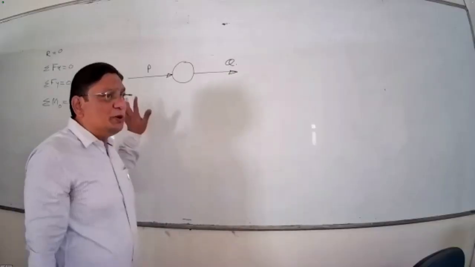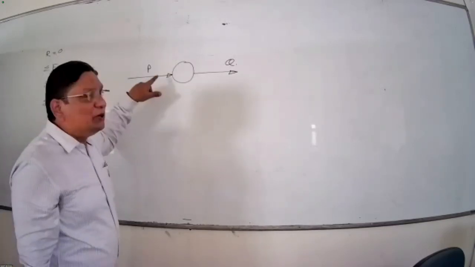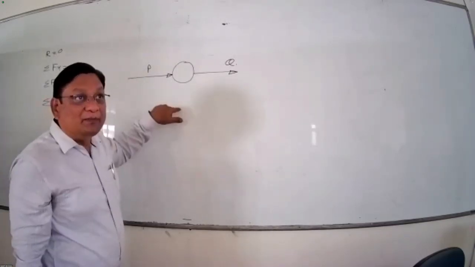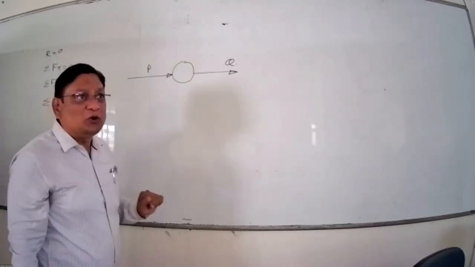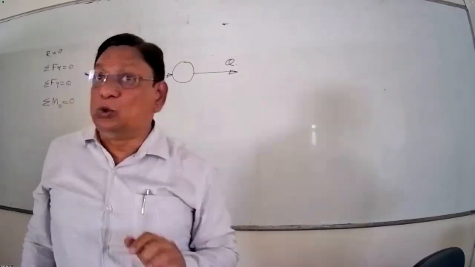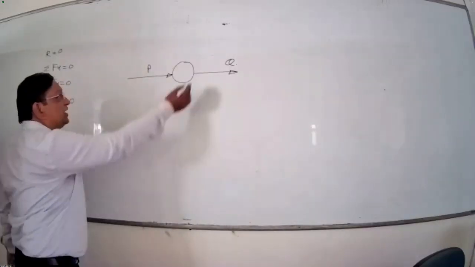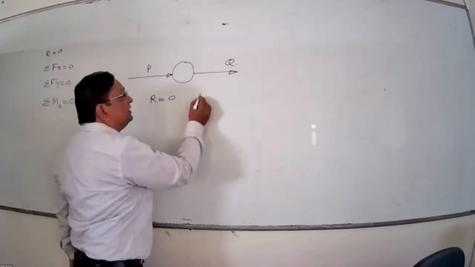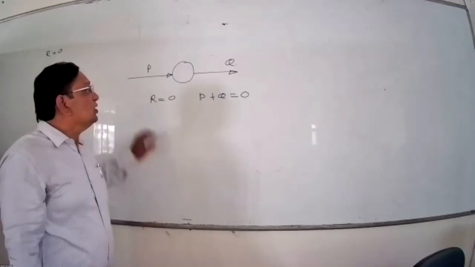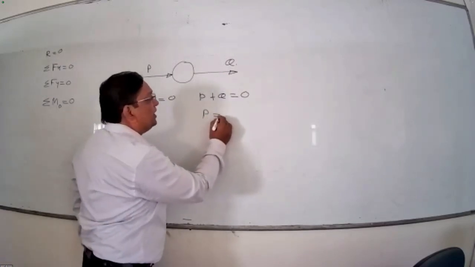So we are saying first we will discuss the two force equilibrium. What is the meaning of that? A body is given to you and that body is in equilibrium under the action of two forces. Then from that I can conclude the resultant of both must definitely be 0. So net force, the resultant, will be equal to 0. If I add the forces here, I can say P plus Q must be equal to 0, because both forces are collinear. So addition of these forces has to be equal to 0, or we can say P must be equal to minus Q.